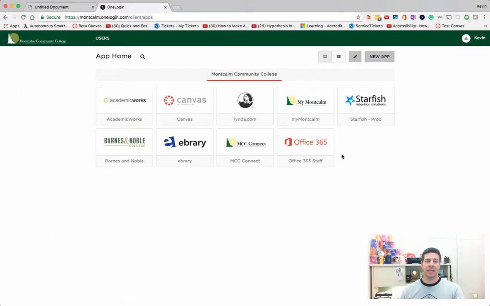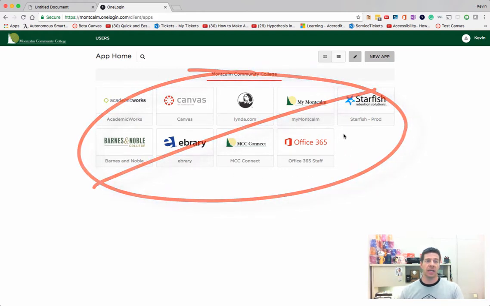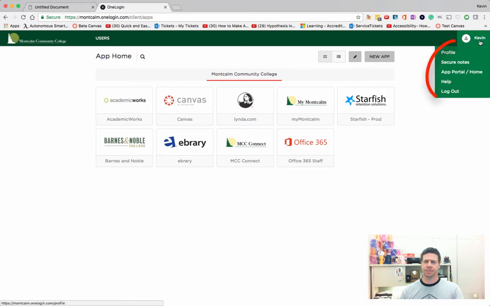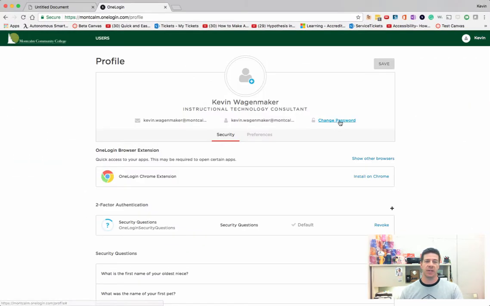Once you log in, the first thing you're going to do is not focus on these items right here, more on those in a little bit. What you're going to do is head on up to your name over here and click on Profile, because what we need to do is a couple important items. The first one being you need to change your password. You've got to get rid of that temporary password and put in your own new password, your own